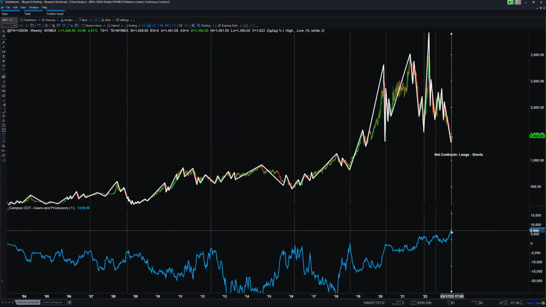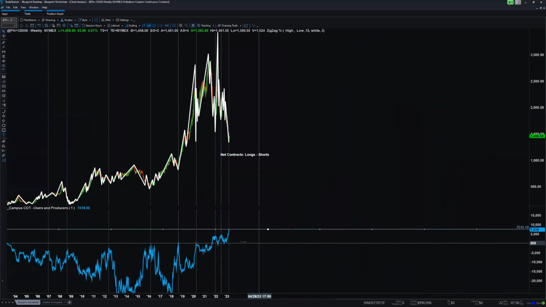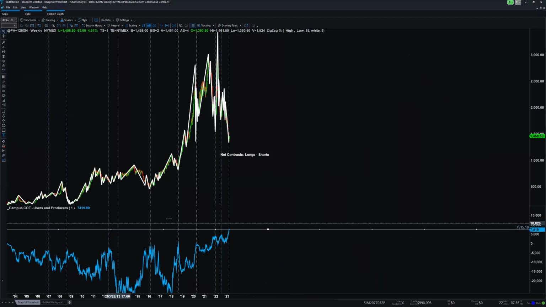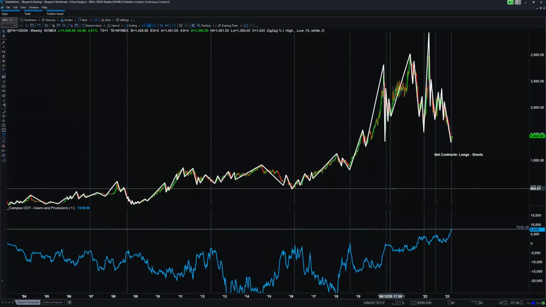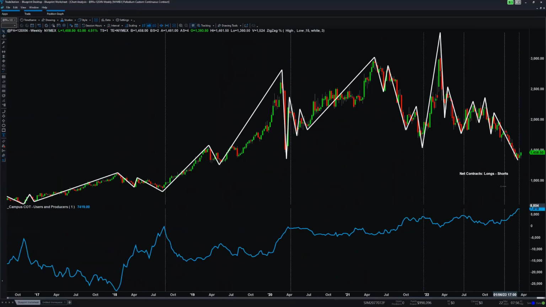They are, as a group, accumulating as much as 7,515 net contracts, more than they have ever done before in the history of Palladium futures prices. So for us, for better or for worse, that is a signal that we want to buy. Now,